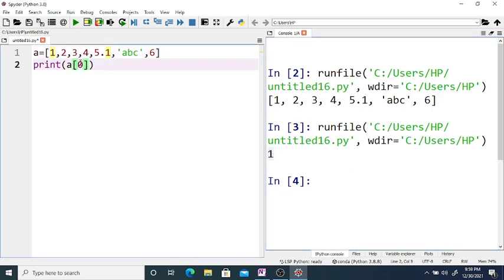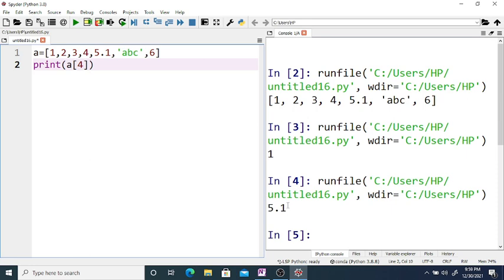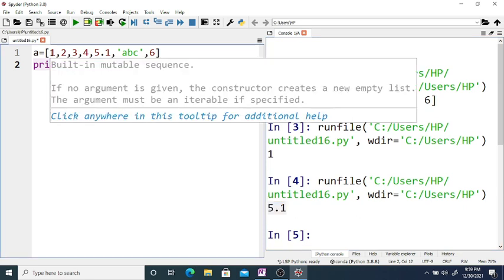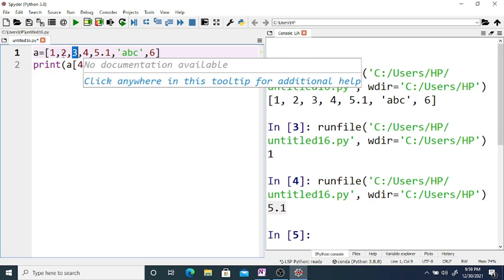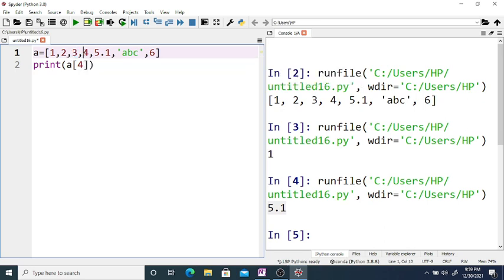If you print a[4], then it prints 5.1, the fifth element of the list. Since the index starts from 0, the first element has index 0, the next has index 1, and so on.